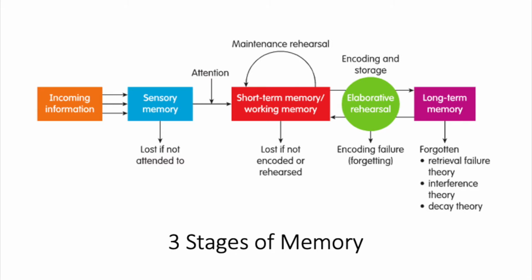It is at this stage that we can keep information in our minds by repeating it over and over again. If you've ever had someone give you a phone number and you didn't have anything to write it down on, then you're very familiar with this process. If you repeat the number over and over again until either you can dial it or write it down, then you can keep that information in your short-term memory without losing it. However, if someone asks you a question while you're repeating that information over and over again, and you stop to answer it, what happens to your number? Most likely it's gone forever.